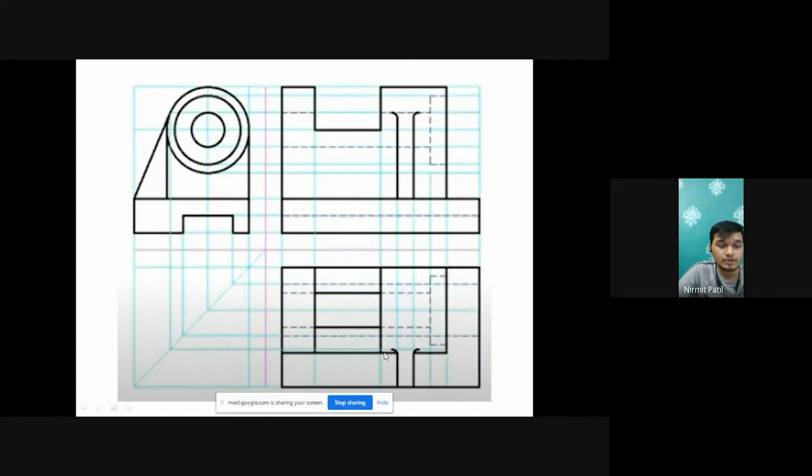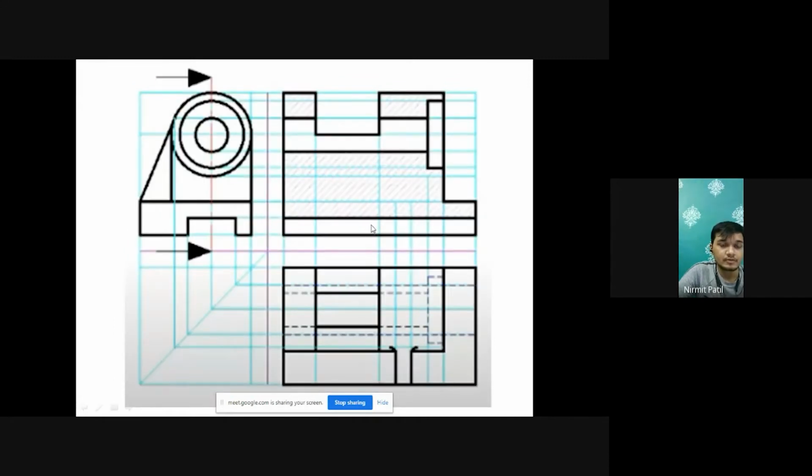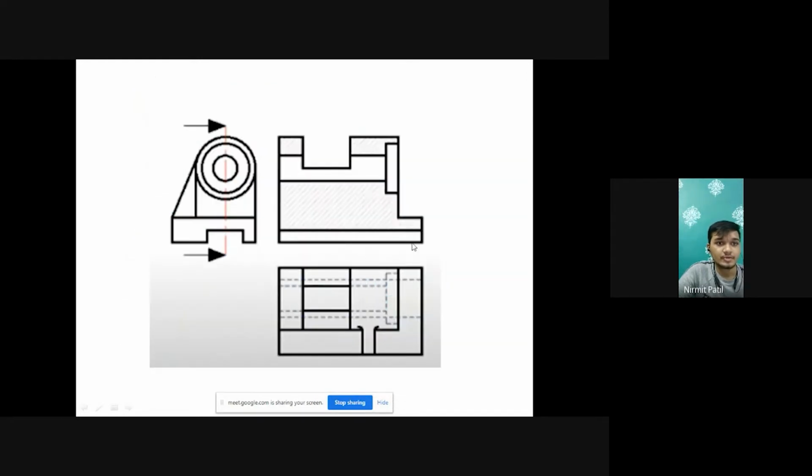Now in order to draw the rib structure, we have to take projection lines from the side view and connect these points. Now to finish this question, we have to show the sectional view, and using hatching, we can show the slanting lines in order to complete the question. With this, we have completed our first question. Thank you.